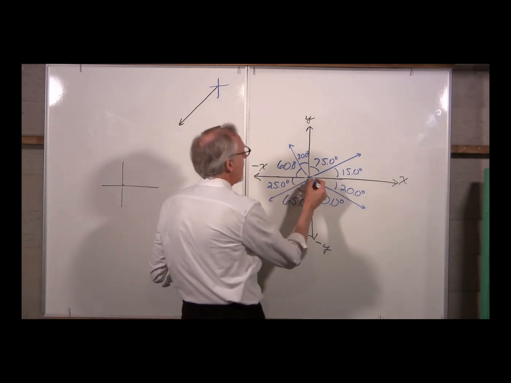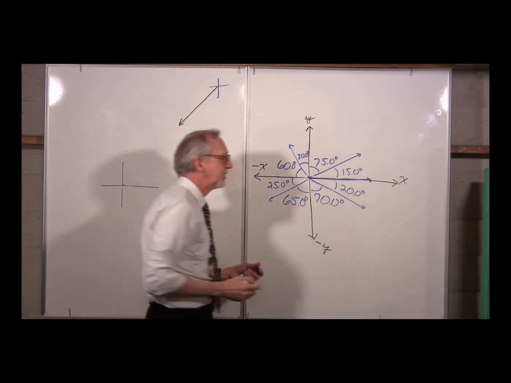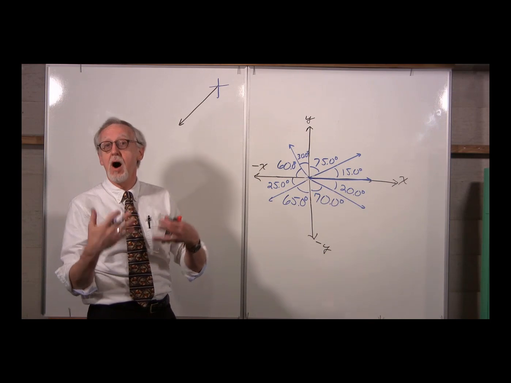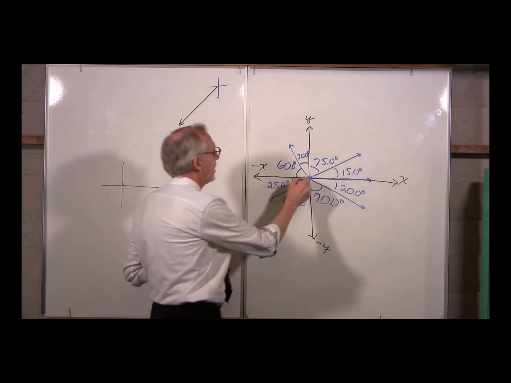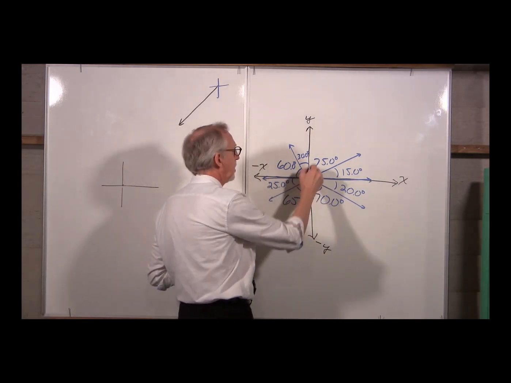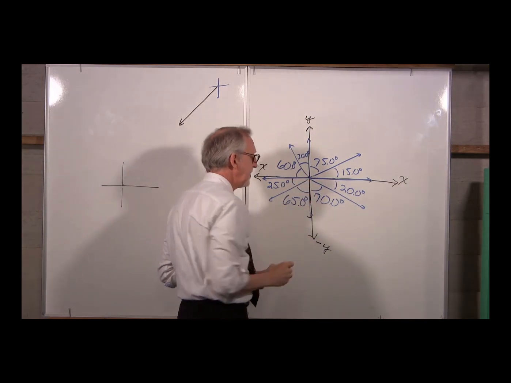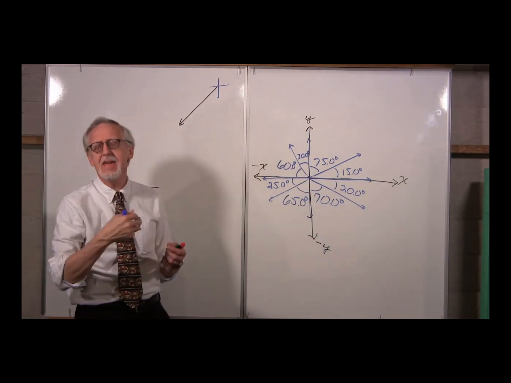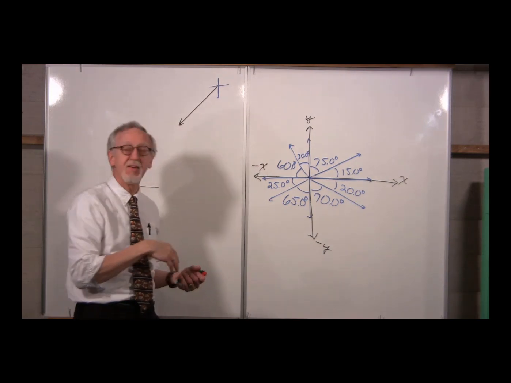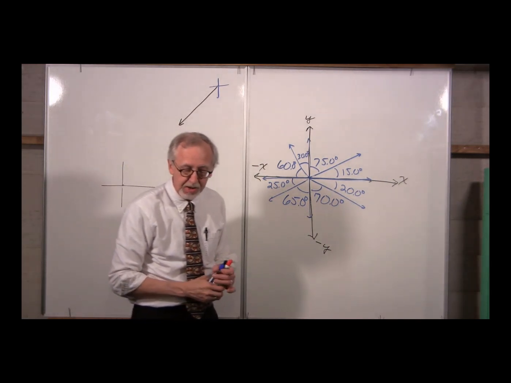So if we have a vector on the x-axis, we would say that that vector is on the x-axis, or on the negative x-axis, or on the y-axis, on the negative y-axis, or in the x direction, in the negative x direction, or something like that. Okay, now,